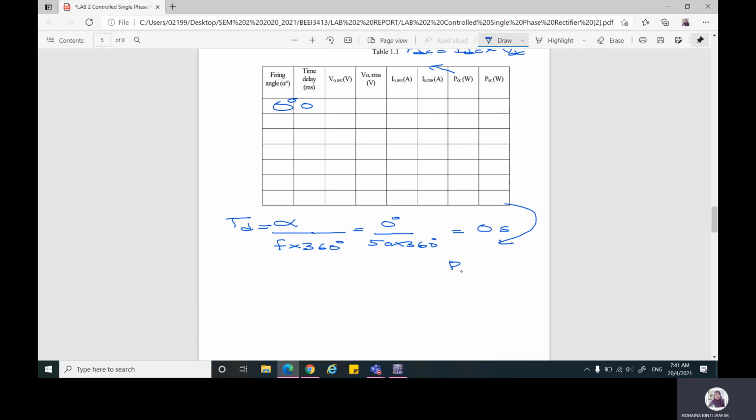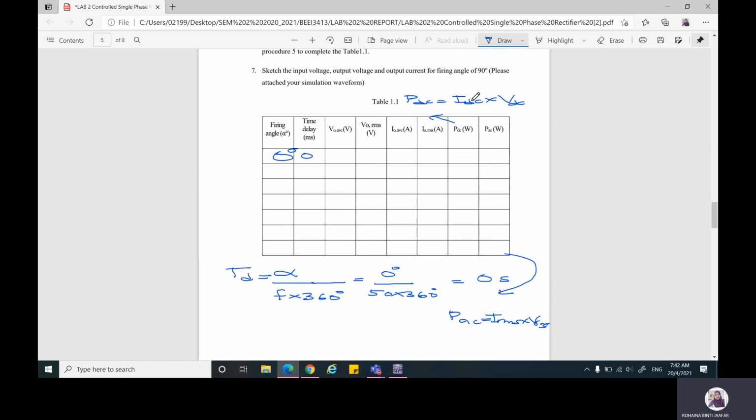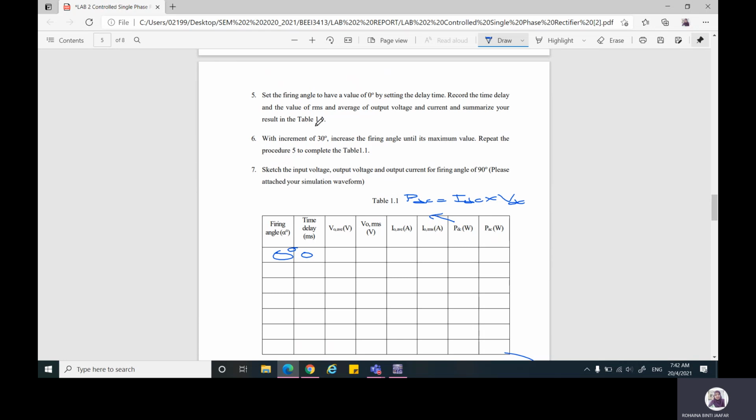So PAC is equal to I RMS times V RMS. Okay. So these are the formula to get power DC and power AC. Okay, so you have all this value, and then you can find PDC and PAC. Okay, so finish